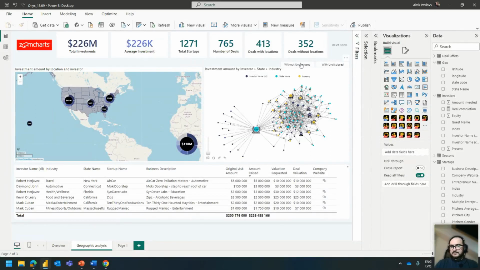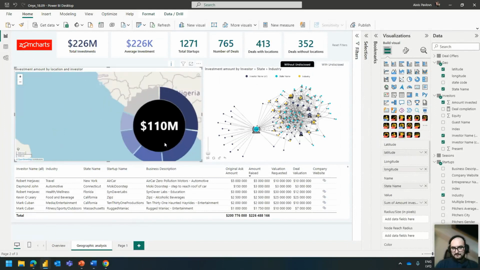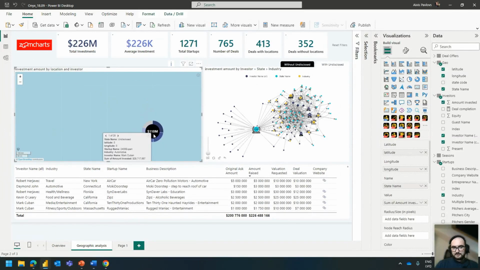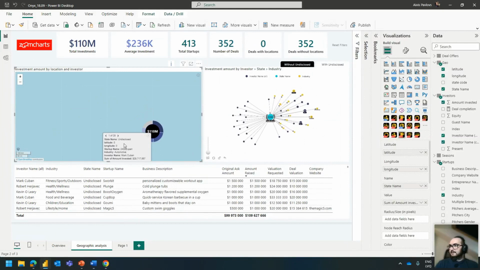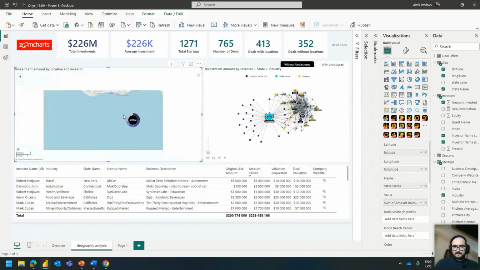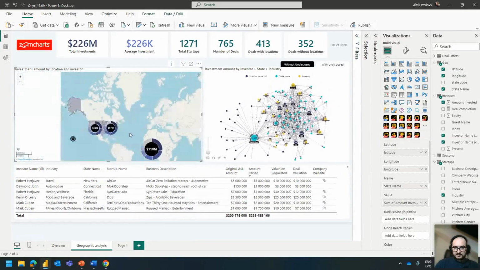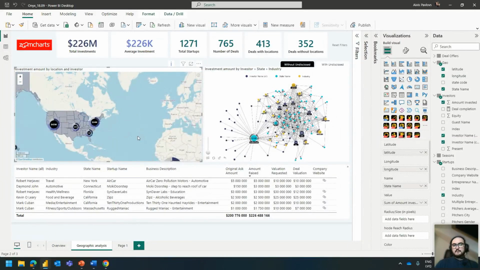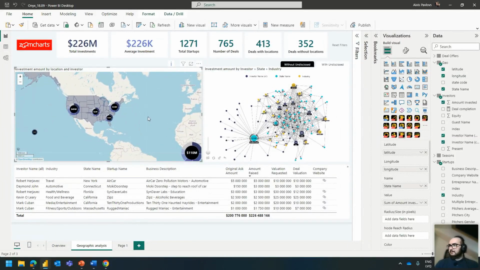And here what I did is I played around with bookmarks, and I allowed the user to go, for example, right now you can see this one is active, so with undisclosed, and we can see this is the point where all undisclosed investments are. It might seem that it's somewhere in Africa, but it's actually somewhere in the middle of the ocean because the coordinates are 0, 0. It's just the location I provided. I could theoretically, of course, add it somewhere else, for example, in the middle, but I just decided to go with 0, 0. So if a user wants to, he can switch to this and have all the information,